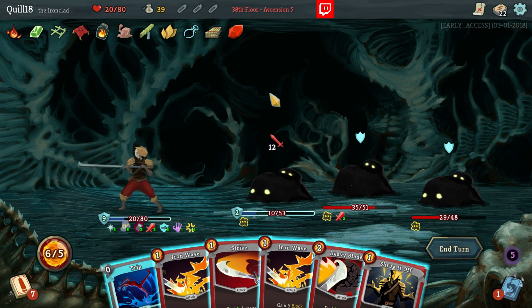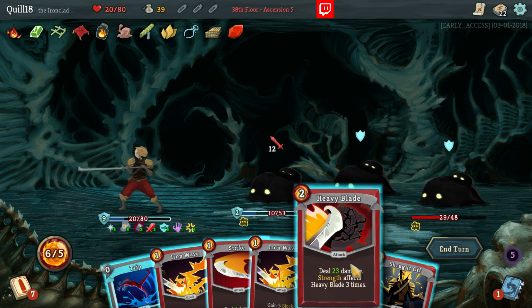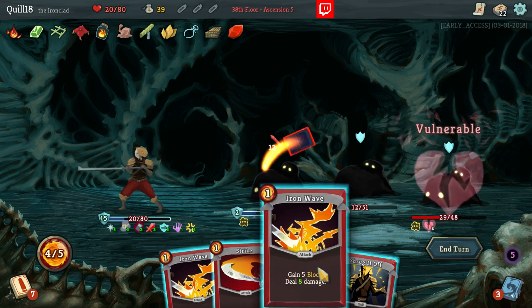Panache just triggered as well. So, I'll gain some block. So let me go and hit this guy. We're going to gain block from Iron Wave. Like, now we've got all the block in the universe when they're not really attacking. Yeah, I should have tripped someone first, but...